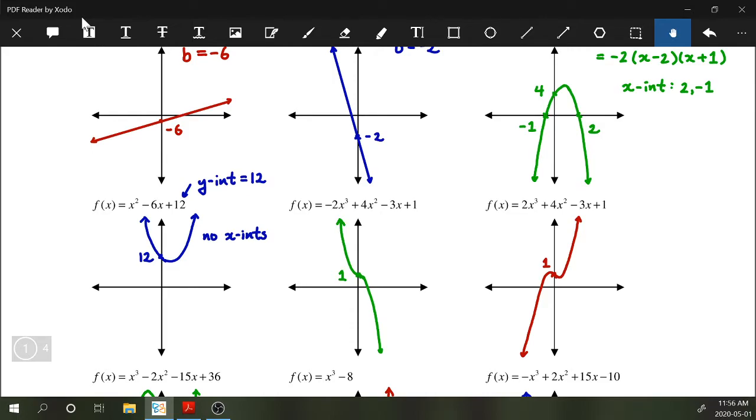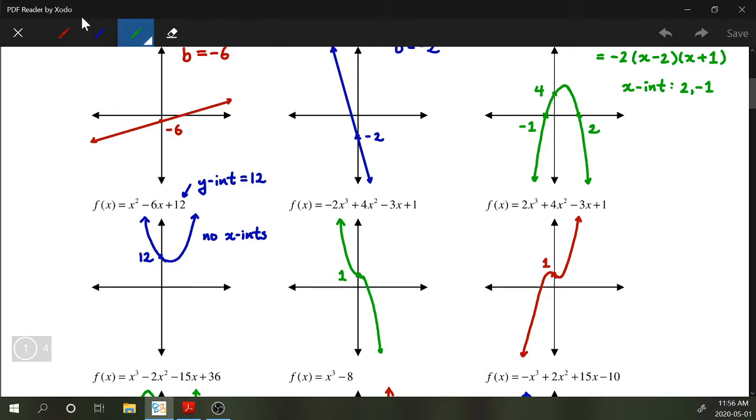Now moving on to cubic functions, these are a little bit more unpredictable. Some of them will have 0 turning points, as we mentioned before, and some of them will have 2 turning points. But there are some characteristics that you can identify. For example, if you look at this example, the leading coefficient is negative 2. So it must be